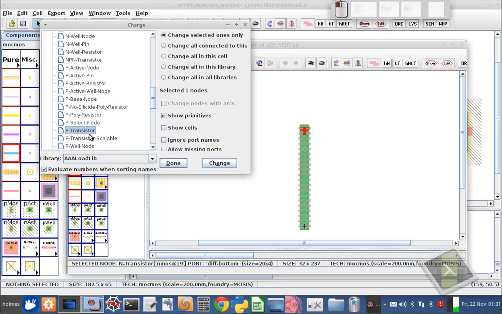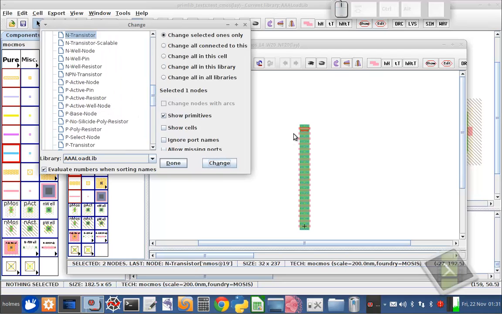And I change it, it's been morphed over to a P transistor. So that probably won't satisfy DRC or LVS, but the idea is you can change just the ones that you selected. You can change everything in a library. You can change anything in a cell. Change everything in all libraries. So use with caution, but it does come in very handy to be able to change one object type for